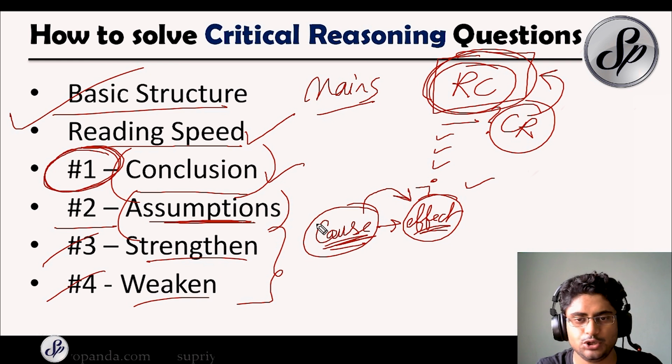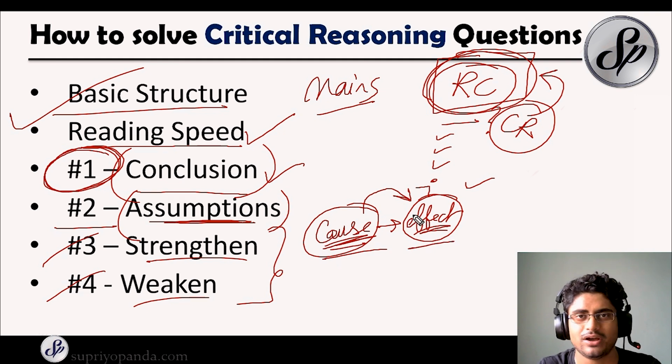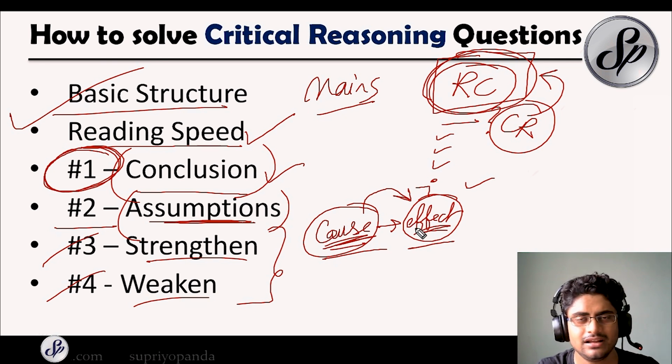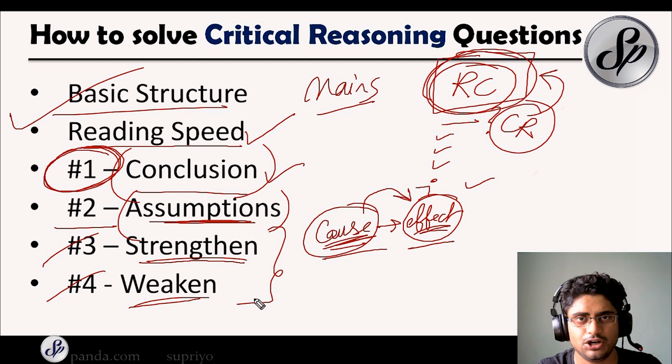You have to do it via some questions. Once you see the questions, you can judge it by yourself, and it is much easier. But this is what is essentially happening. The cause and the effect, you have to establish the correct relationship. If you can establish that relationship, then you can say that this is the right answer. Otherwise that answer is not right. So you have some options which will strengthen the conclusion, and other options which will weaken it. Based on what kind of question is given to you,